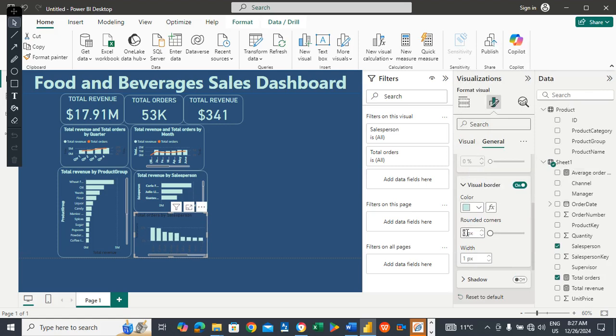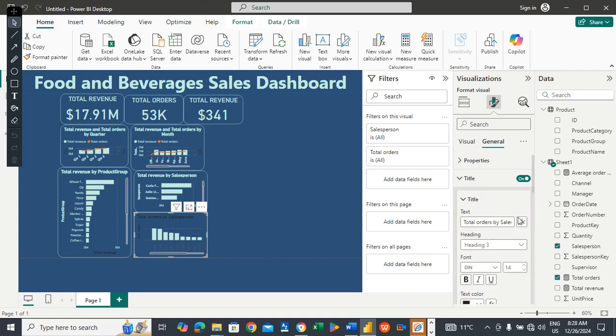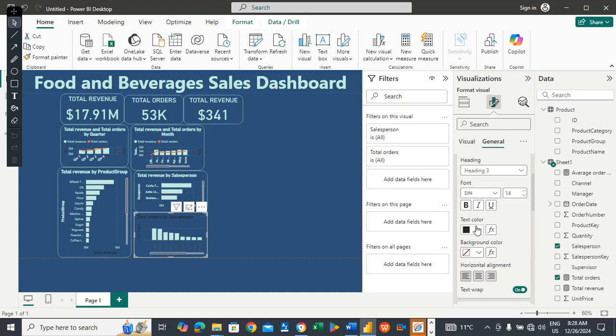Okay, and then scroll upwards, click on title, scroll downwards, change the text color to light teal, click on bold, and then we're left with the formatting for the y-axis and